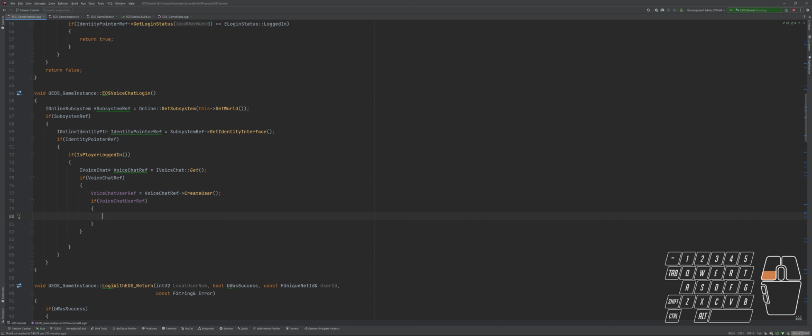And then what you need to do is get the voice chat user reference and then just login. And now this login will demand an FPlatformUserId and player name and credentials. Now this is not that normal credential thing. This we are logging into the voice chat thing. So what we can do is create local variables and get the unique ID locally. So we will make a TSharedPointer